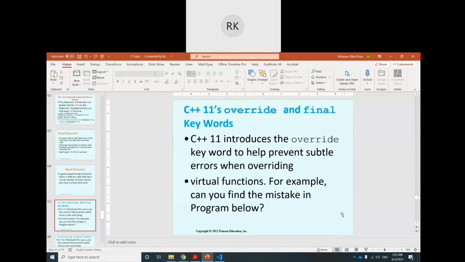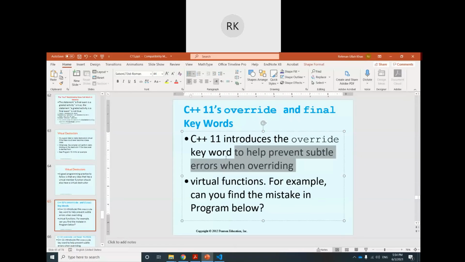Okay, to make this very clear, and to explicitly confirm that overriding and redefining are distinct, C++11 introduced the override keyword. This keyword helps prevent subtle errors when overriding.